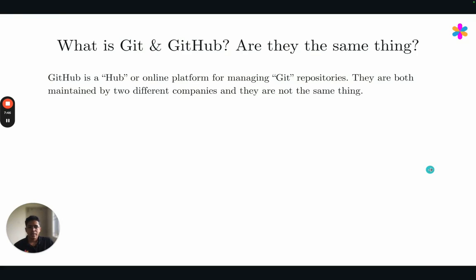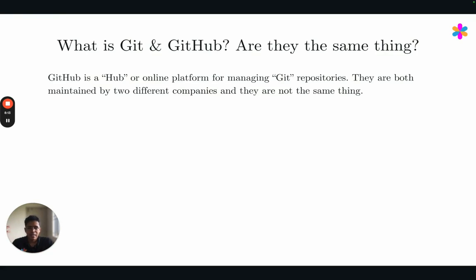The only thing is that you might get confused because the name GitHub also has Git in it. So you might be wondering, why is that the case? If they are not the same thing, then why is the term Git present within GitHub? It is just the way it is, but basically GitHub is a hub or online platform for managing Git repositories.